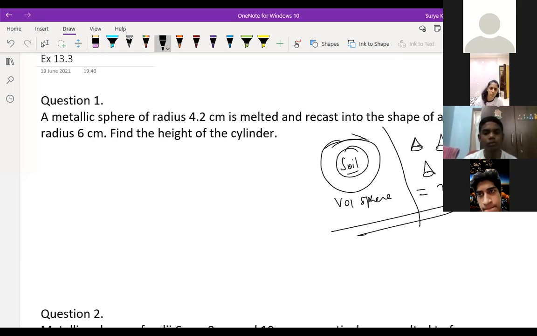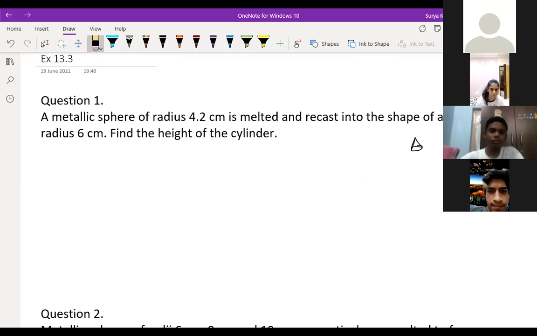So they will give that one big sphere is there. We are going to make small cones. How many cones will be there? Volume of the big sphere is nothing but, let the number of cones be X, then X into the volume of a cone. Then we compare and find the value of X. That's it. This is the only concept we use in this exercise. It means recombination, reshaping of the figures.